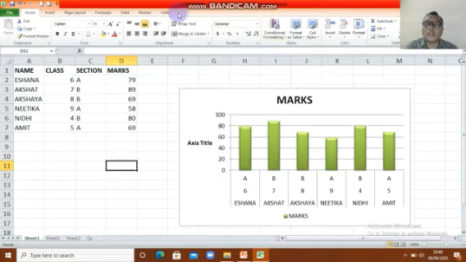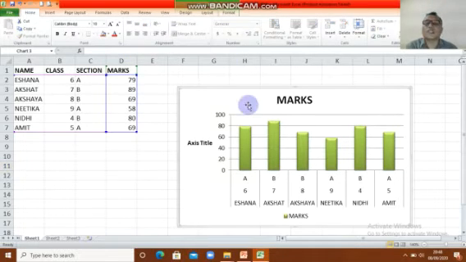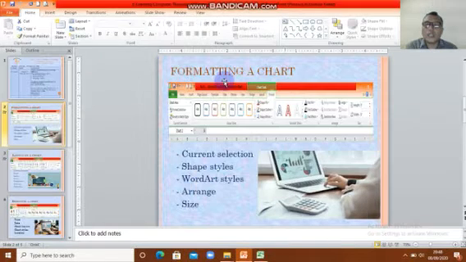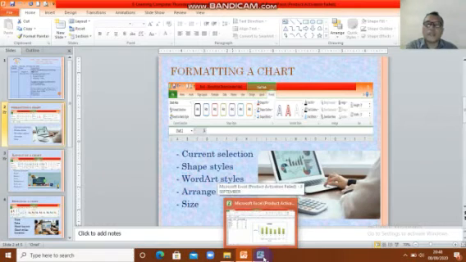You can see the design, layout, and format when the chart is active. Okay, look at this. Like just now, formatting a chart, we try the first one, Format.